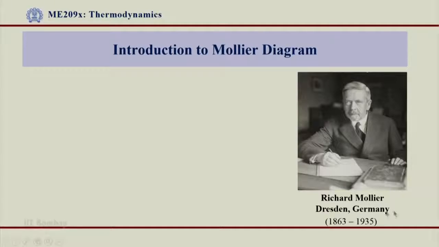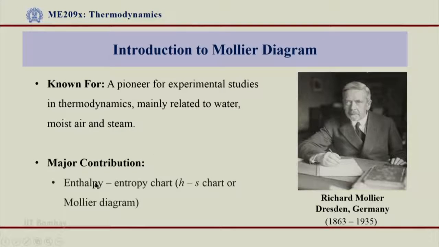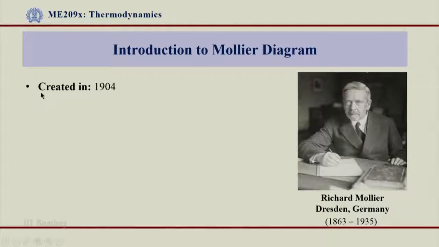This photograph is of Richard Mollier, who came from Technical University Dresden, Germany, life spanning from 1863 to 1935. Mollier is known as a pioneer for experimental studies in thermodynamics, mainly related to water, moist air and steam. The major contribution from him is the enthalpy entropy chart, or HS chart, or Mollier diagram. This is really the biggest contribution that has come from Mollier as a scientist. These charts were created in 1904,